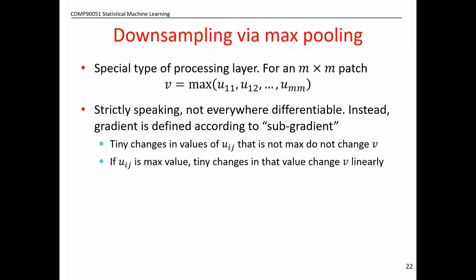So we could use autodiff, or we can think about what it does. It turns out that the derivative is fairly simple. So if you look at a patch, well, I think I talk about it in the next slide, but basically if the output of the patch takes on the value of a particular input, then the derivative with respect to that input will be 1. If the output isn't maximized by one of the inputs, then the derivative is 0. So it's just a 0 or 1 valued derivative, and it just depends on what value the patch takes.